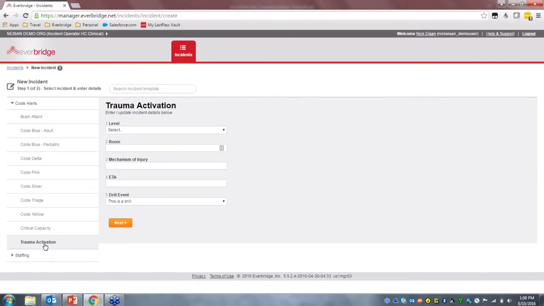Within each of these forms, you'll notice that you will be able to set up single selection lists or free text forms that are quick and easy for the message sender to launch, so that you can focus on the patient that's arriving at the hospital. So the quick drop downs allow you to enter the information,